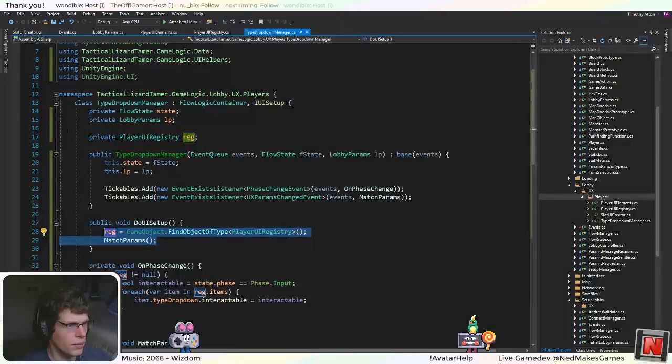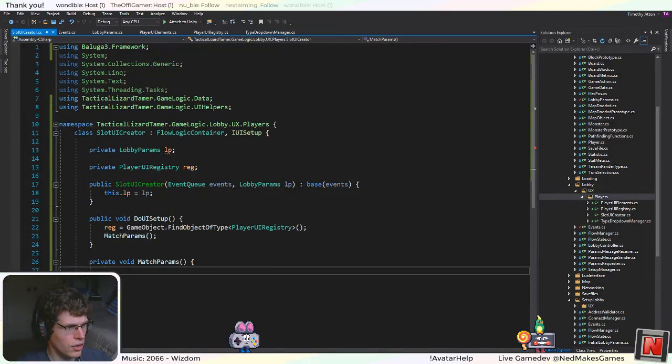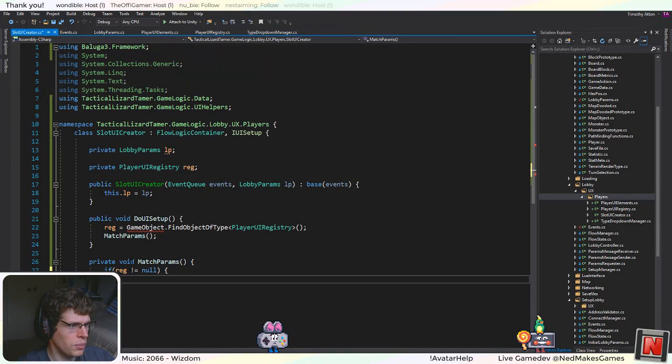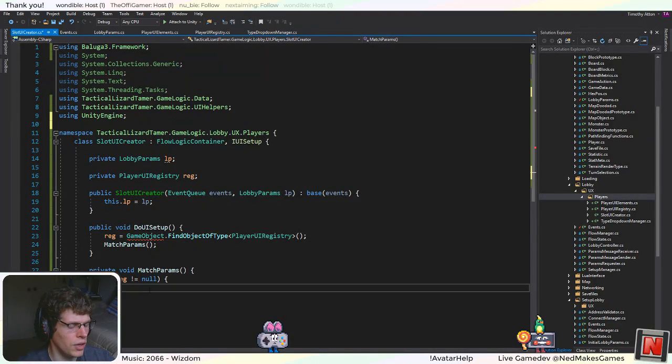This will actually be exactly the same. We'll just find this object and then call match parameters. So if registry is not null, because it could be null at this point depending on if this is called at any other, or due to any other event. If registry is not null, we will